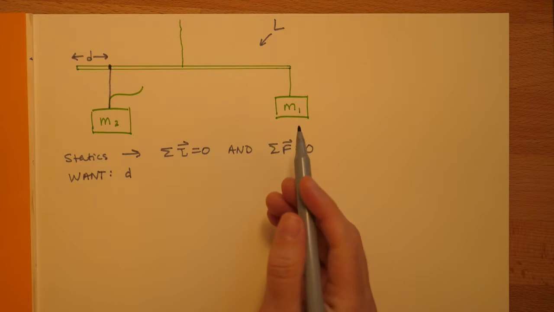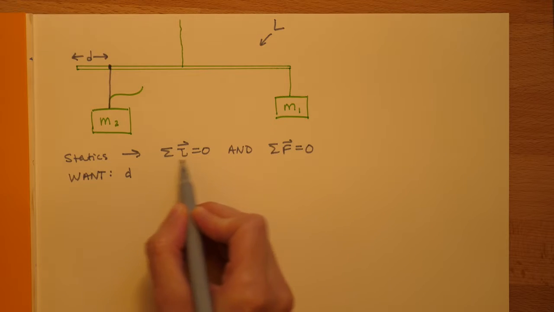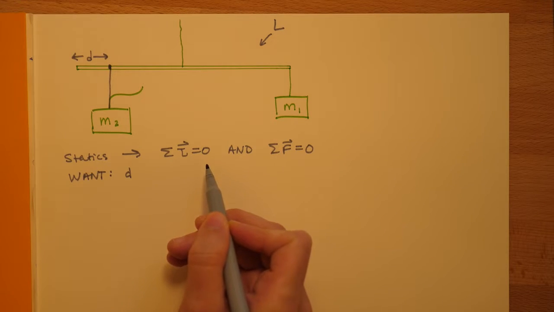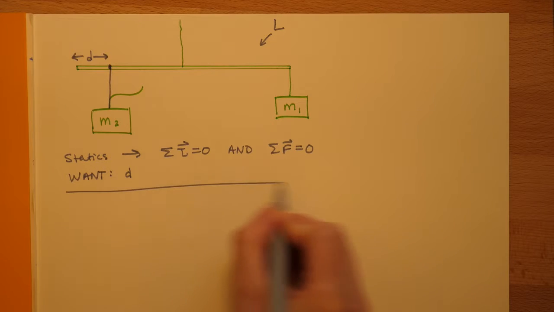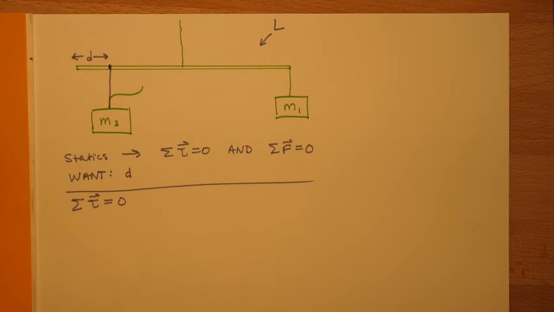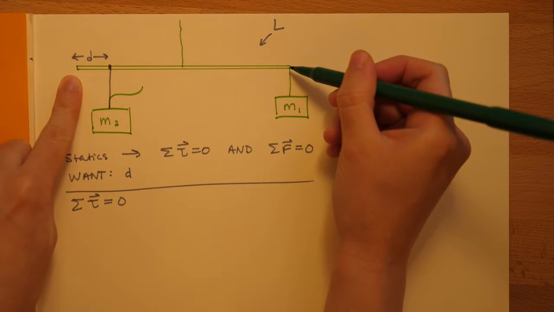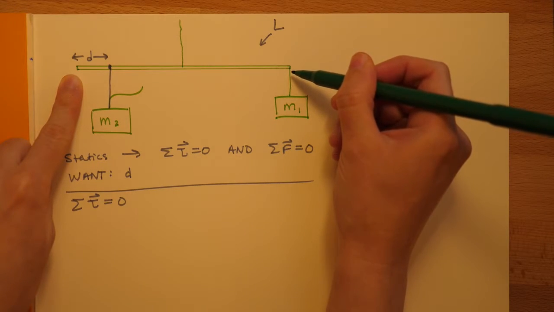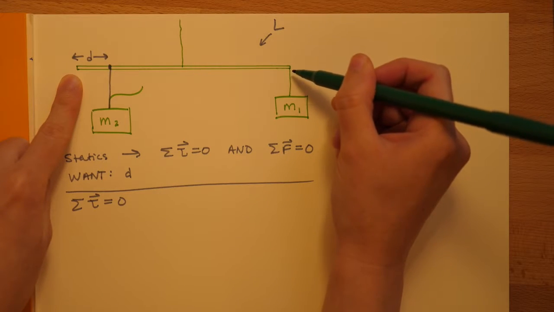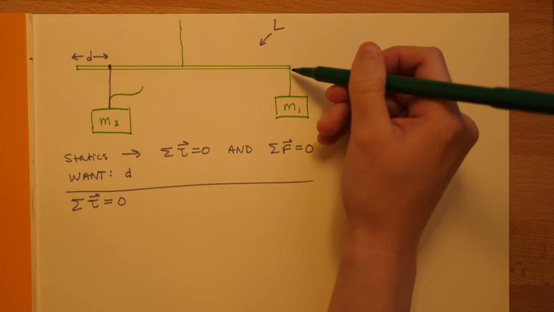Okay, so when you're starting a torque problem or any statics problem, I always start with the torque equation because sometimes that's the only one you need. So let's start with summing the torque, setting it equal to 0. The first step is to draw an extended free body diagram where you identify the object. Our object is the stick, and then we draw a free body diagram with all the forces located where they're acting. So over here, this mass M1 is pulling down